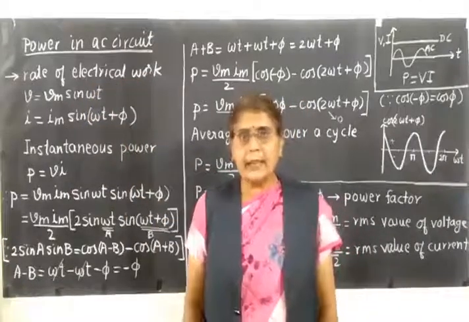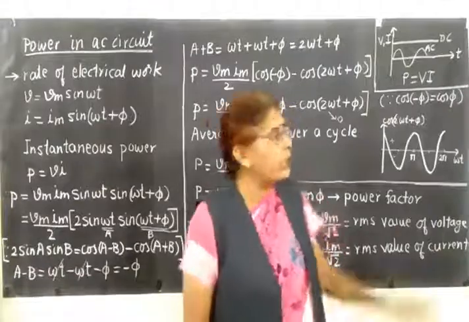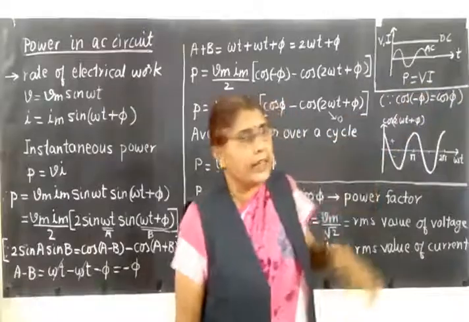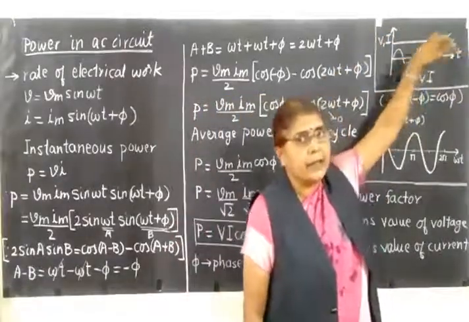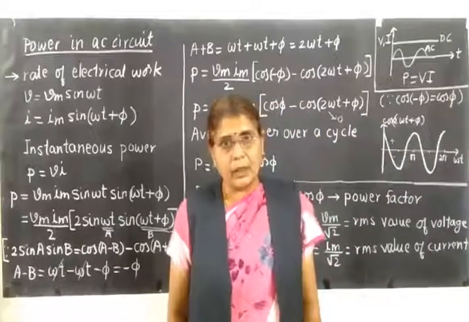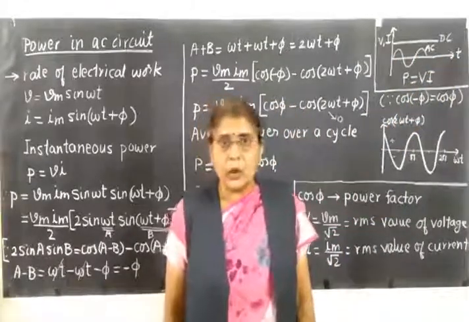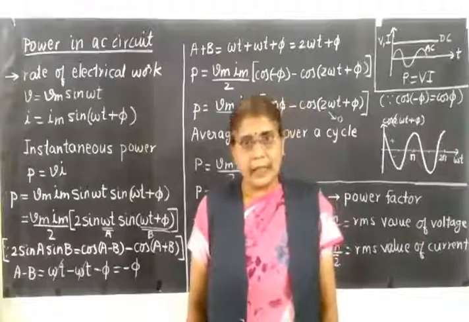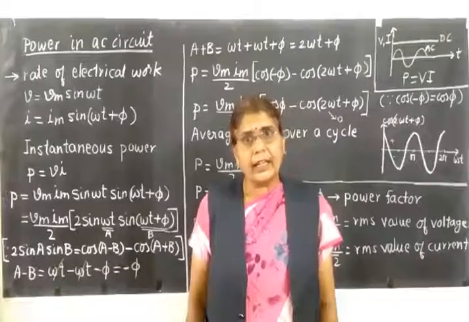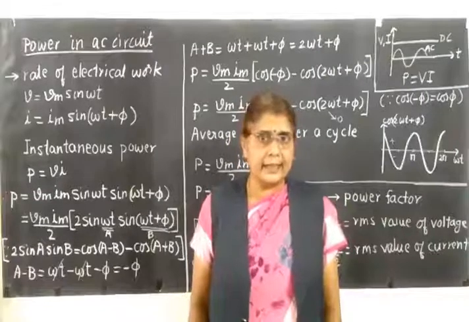Now you also know that DC current and voltage do not change with time, they remain constant. So if you plot a graph of voltage and current on y-axis and time on the x-axis, for DC voltage and current the graph is a straight line like this. Whereas alternating voltage and current, they change periodically with time. So you will have a sine curve like this for alternating voltage and current. So both change with time, voltage and current. Therefore, the AC power also changes with time. So it will be different at different instants. Therefore, we shall first define instantaneous power in an AC circuit.